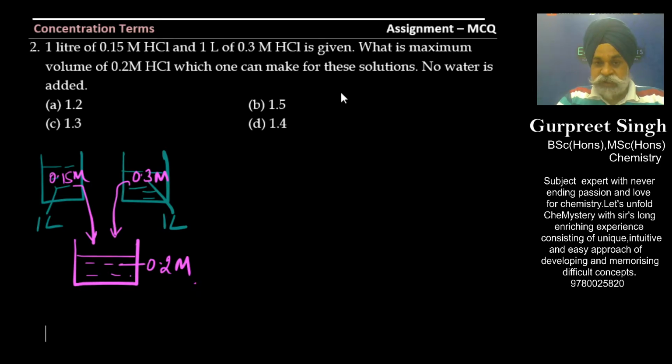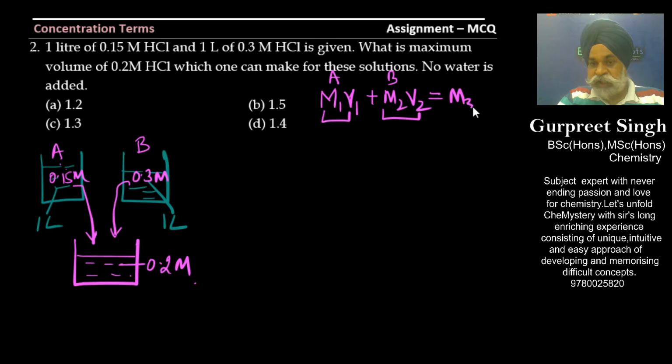For this sort of question, there is a formula available, because you are going to take some HCl from solution A and some HCl from solution B. If I multiply molarity into volume, this gives me moles or millimoles depending on the units of volume, plus M2V2. If I take this much moles from A and this much moles from B, it will be equal to M3V3. In this equation, I am equating the number of moles of HCl taken from A plus from B to the final moles in the volume C. There could be two or three ways, but I would say simply this way, because you have to make the maximum volume.